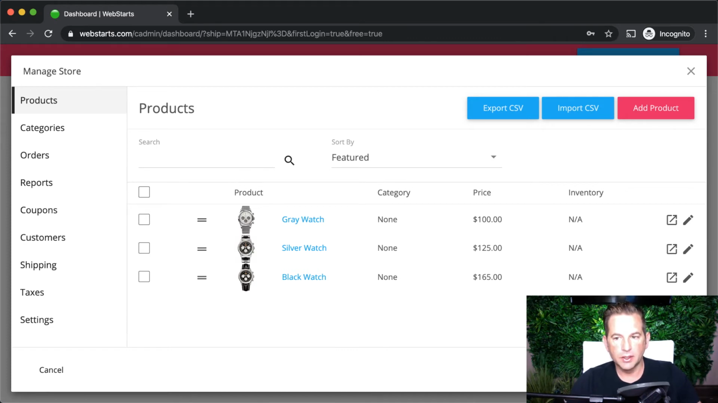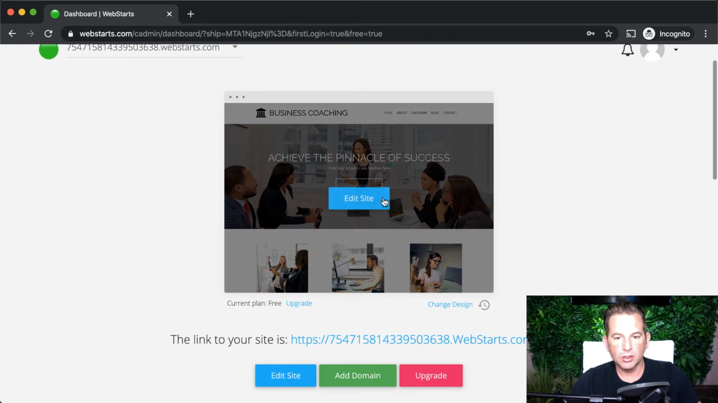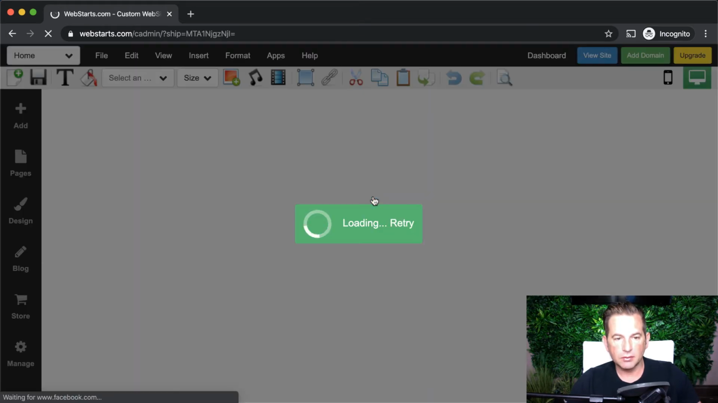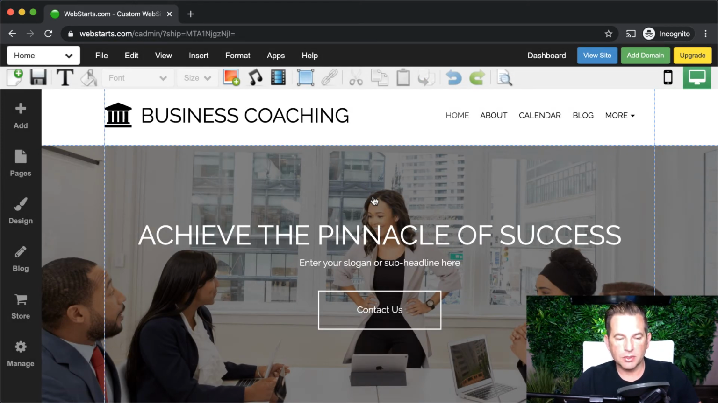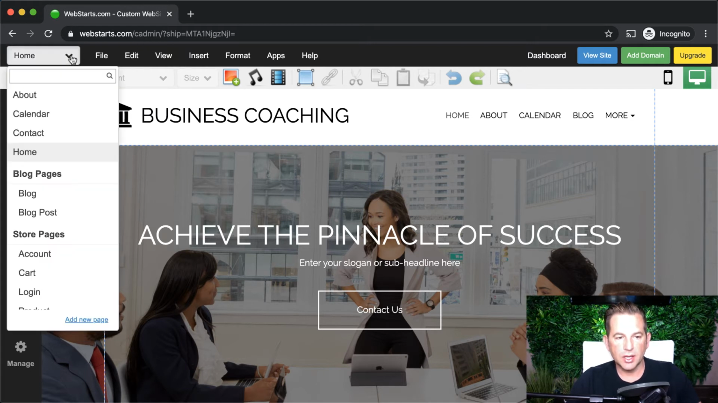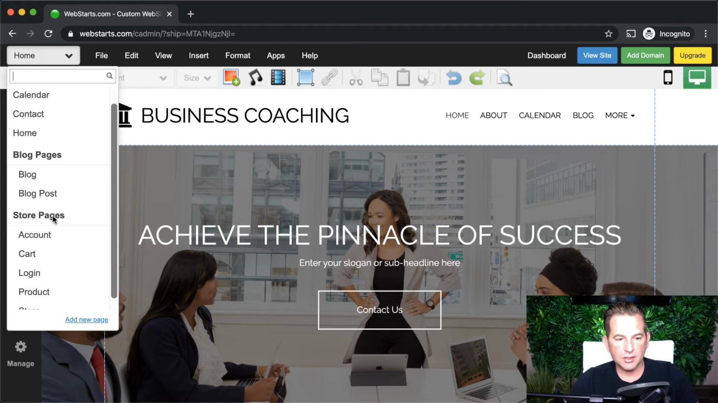your website. The first thing you'll do is click on the X to get out of the store management view, and then you'll click on Edit Site on the thumbnail of your website on the dashboard. That opens up the page editor with the home page selected by default. You can choose to edit any of the pages of your website by selecting them from the drop down in the top left. You can see right away that there's a subheading called Store Pages, and that's where you can